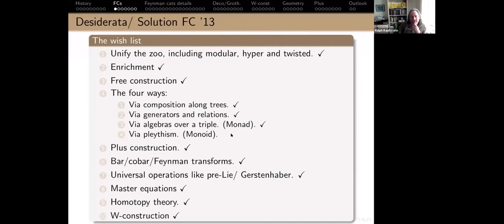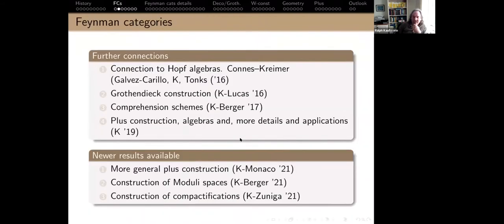And the only thing that wasn't there yet was this placism. So all the rest is already in that paper, and I can refer you to that. And this is a plug for my students. So we figured out how to do this, and where this placism comes in, it has to do with the plus construction. That's something new with Michael Monaco, but we have to write it up, and I don't want to give it away right away, so I won't say that much about it. But yeah, you should expect that this year.